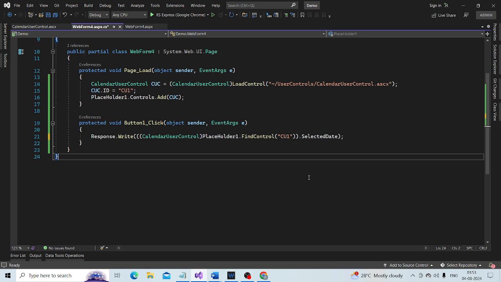Okay, so let me go ahead and run this, and we should be able to select the date and print it on the web form. Let me save the changes and run it.